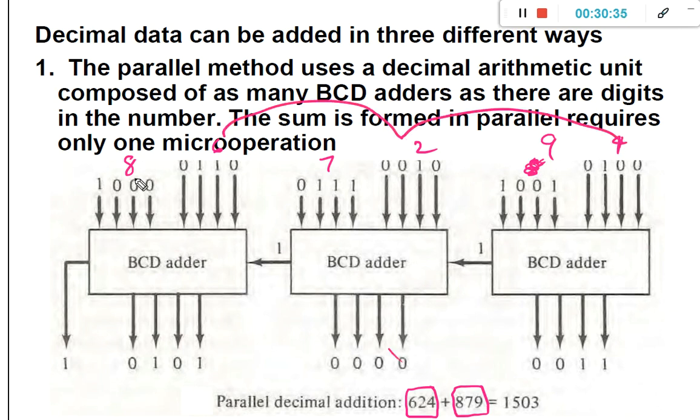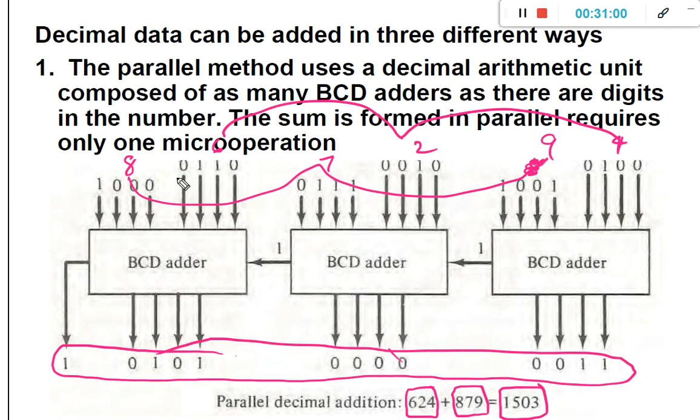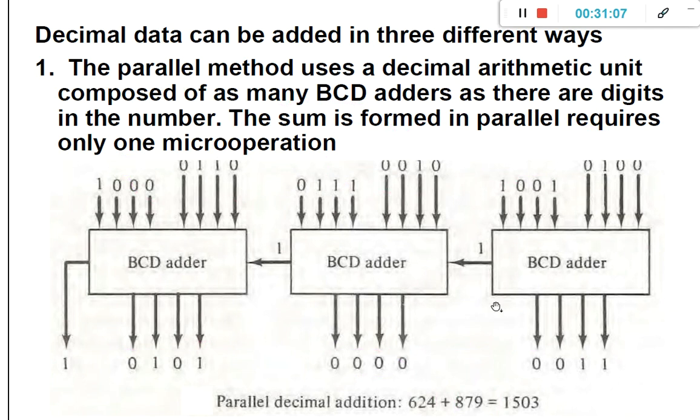Like this we are going to add, then we are going to get the output as 1503. Individually, these digits will be added using the BCD adder, whose logic we have seen previously. So we are going to get 1503. This type of method is called the parallel method. Like this, there are two more methods for addition.